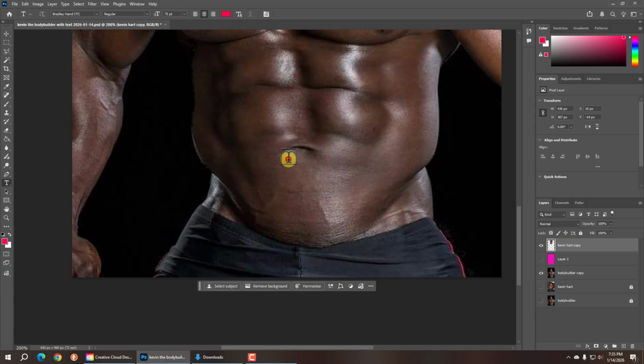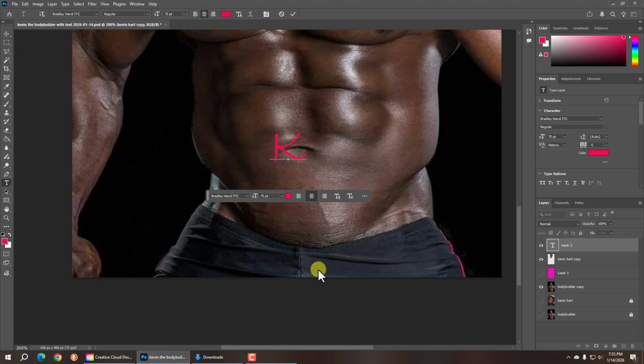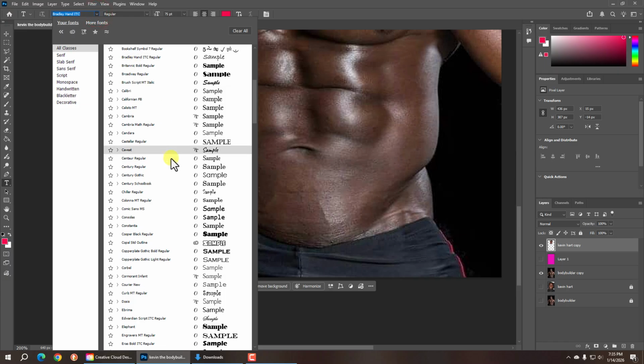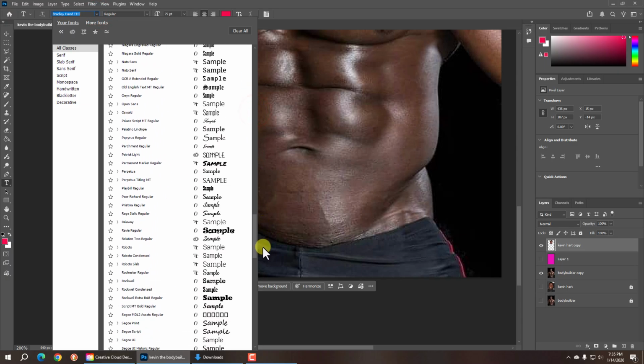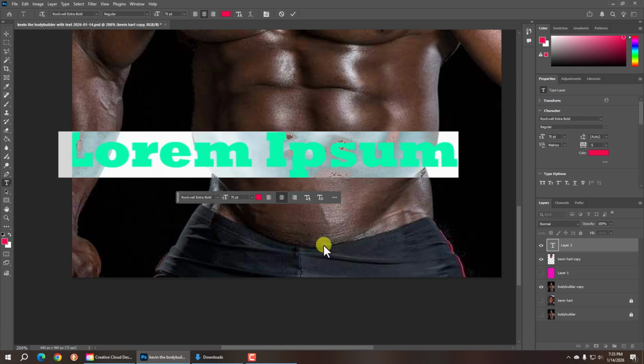So I'm going to click here, and it fills in some Latin that basically means change this text to whatever you want. So I'm going to type Kevin. How did it get on that other one? I don't know how. I must have accidentally done something. I want the Rockwell one, because I used that before and I know it looks good. Let me go back and click that. Okay, here we go. Now click over here and type Kevin